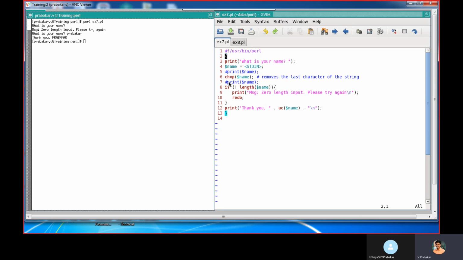Here, for the usage of this chomp, I enable this print. After getting the user input, I am printing that, and I am performing chomp, and then again I am printing. So you can see the difference now.